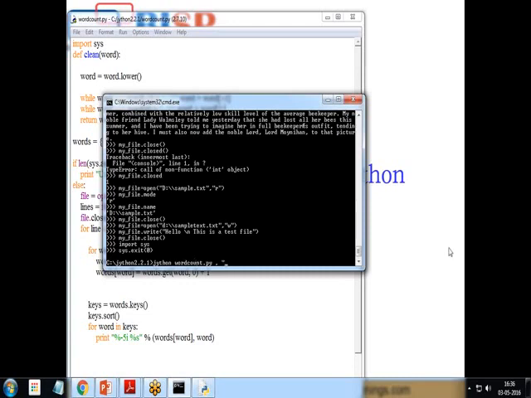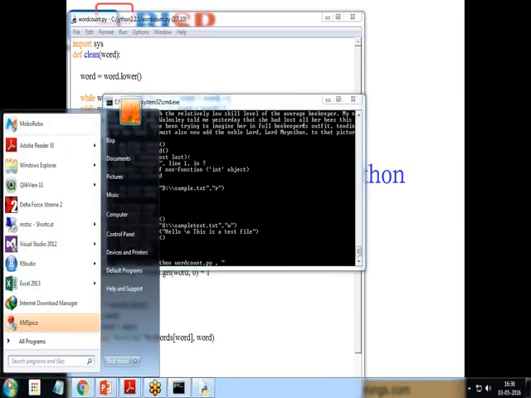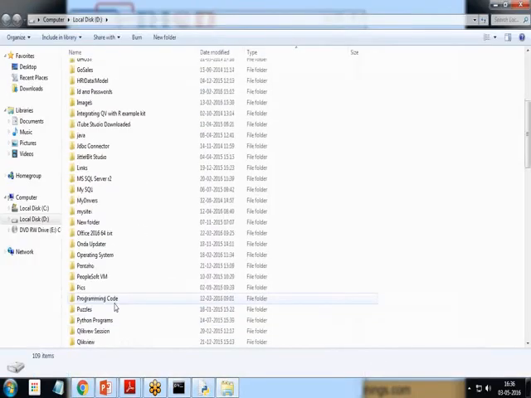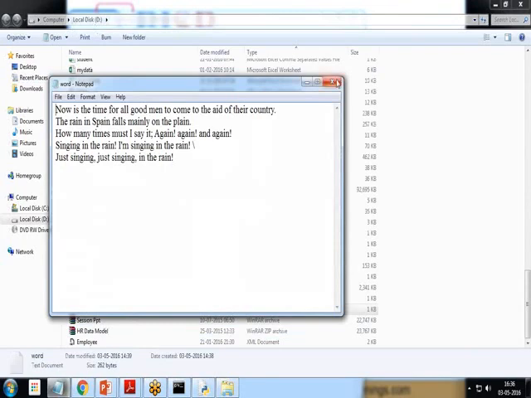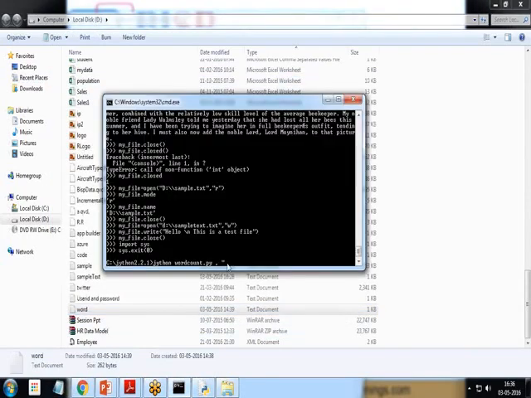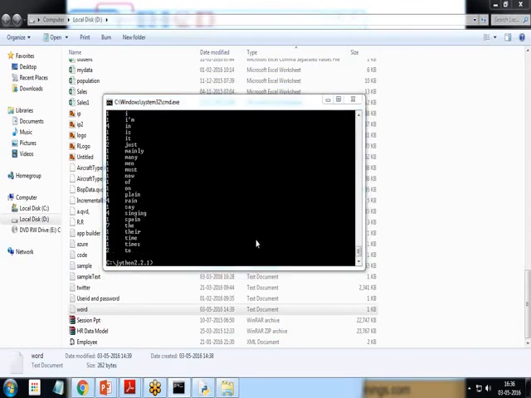In this command, basically one argument is needed, which is the file we are going to read. So I'm going to read the file which is stored on my D drive. Basically that's the word file I'm going to use, so it's on the D drive. So I'm going to pass the address, so I'll specify D drive word.txt,